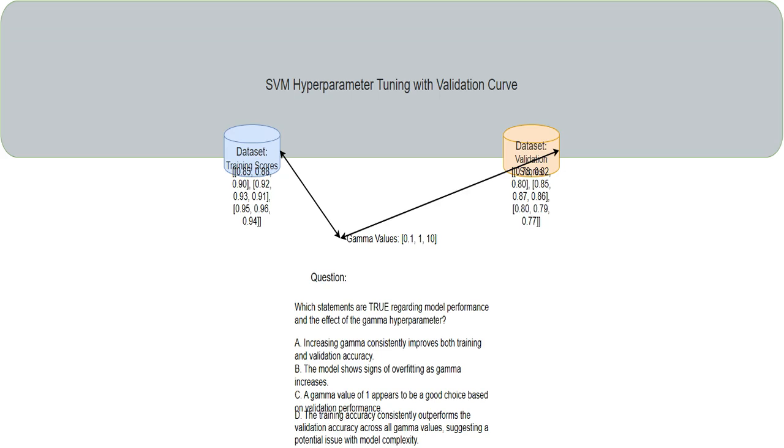This problem explores how to interpret results from sklearn's validation_curve function, which is used to assess how changes in a model's hyperparameters impact its performance. Specifically, it focuses on a support vector machine, SVM, classifier using a radial basis function, RBF, kernel and tuning the gamma hyperparameter. The goal is to understand how different gamma values affect the training and validation accuracy and to identify